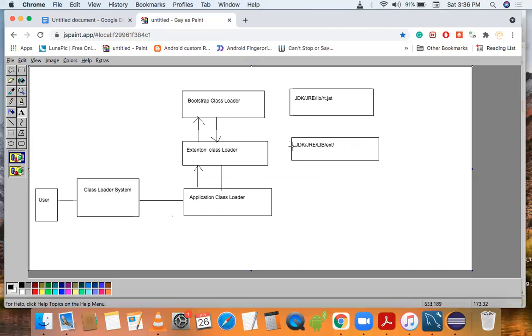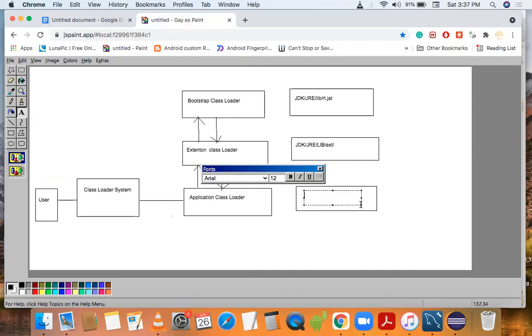Means if we use any class which is available here, it will load it from this library. And if it is not available here, it will move forward to our application class loader. This is our application class loader, and it will search in our environment variable, the classpath.